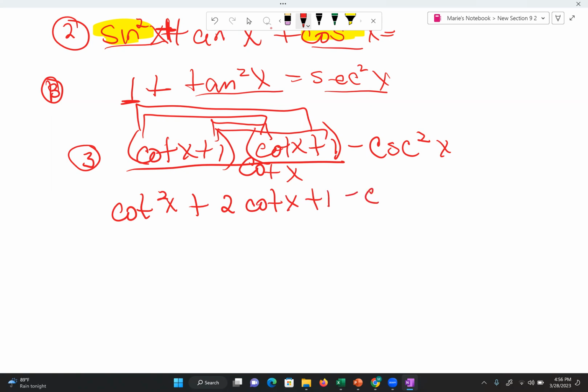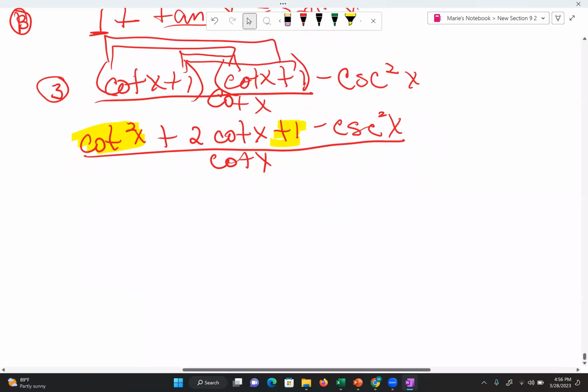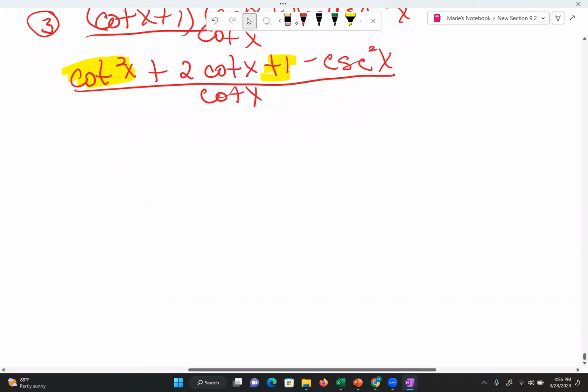And this is minus cosecant squared x. And yes, all of this over cotan of x. So if I take this part of the function, if you notice, I end up with